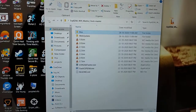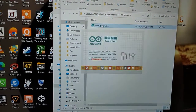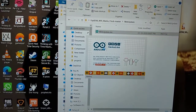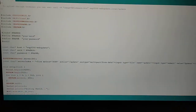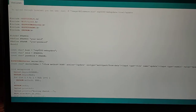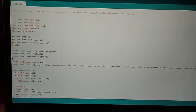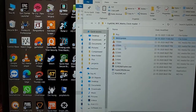Now how do you upload? Many people think that if they upload this INO file, it works, but I tried many times uploading this code to the NodeMCU, and it doesn't work. This is only the settings, no code for the clock or temperature here. This is only the Wi-Fi settings. You do not need this for now. You just need this